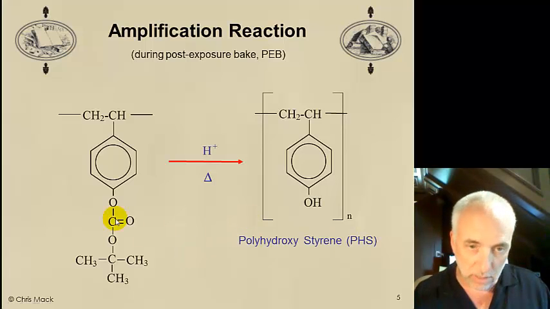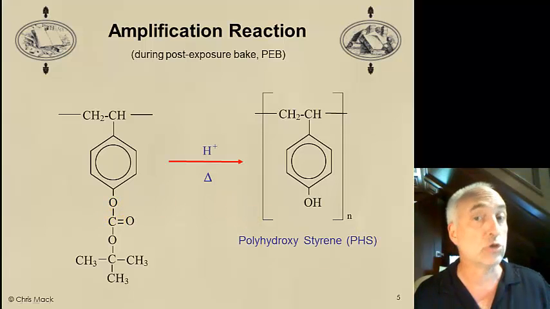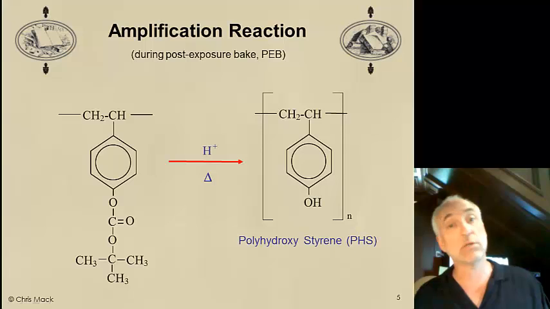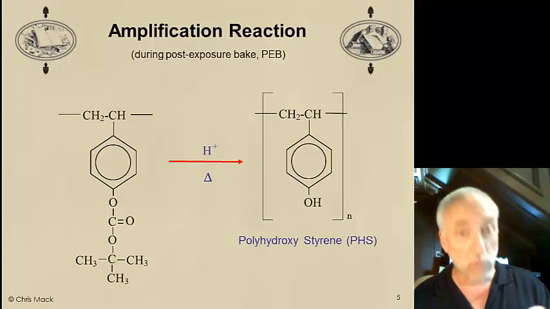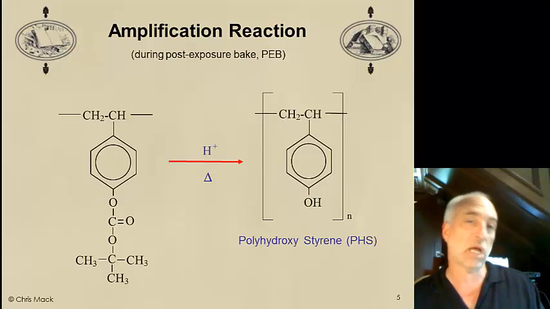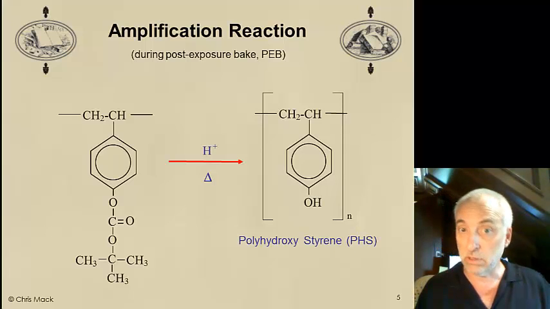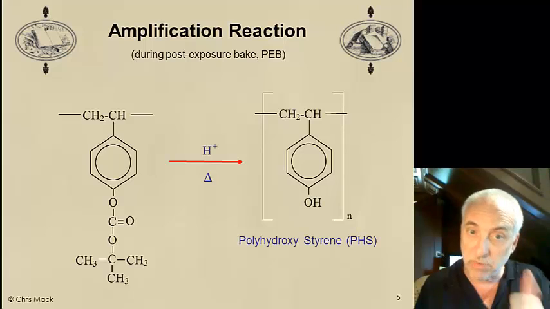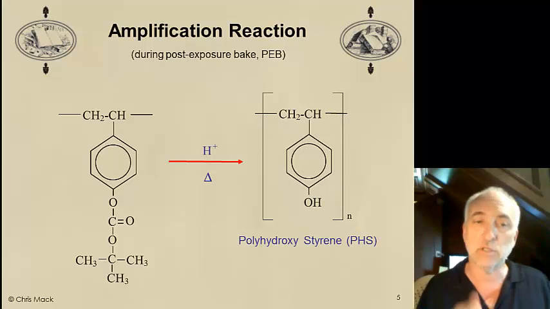So the acid comes, reacts, causes the deblocking, and the acid is generated again at the end. As a result, the acid is not consumed in this reaction. And one acid can then move on and cause a second deblocking reaction, and then move on and cause a third deblocking reaction. The acid's a catalyst. And as a result, one acid generated by one photon can cause multiple deblocking reactions, multiple